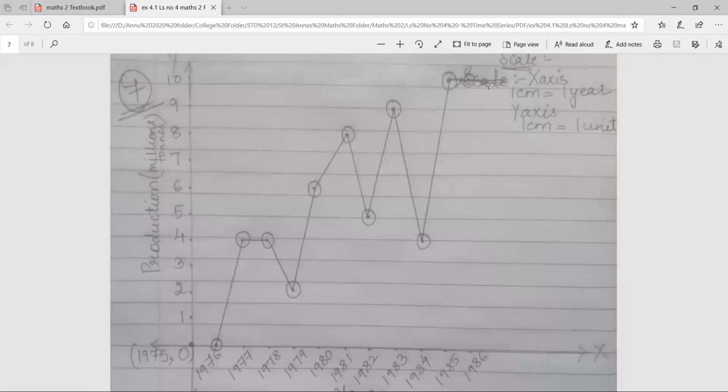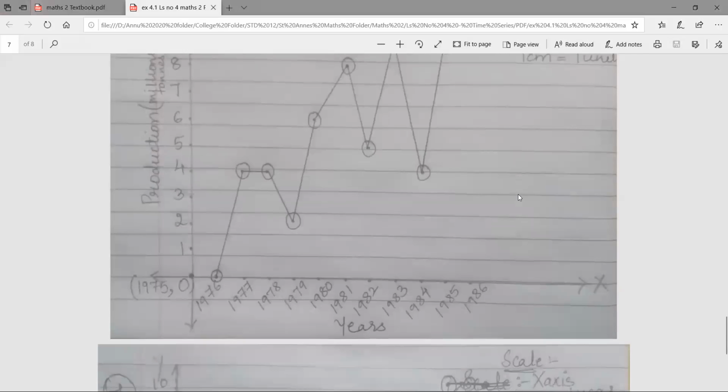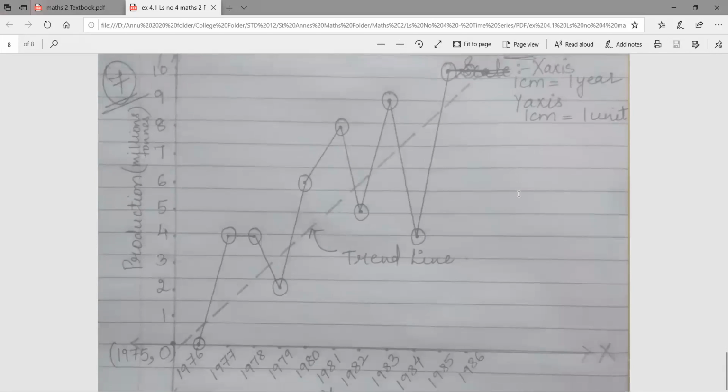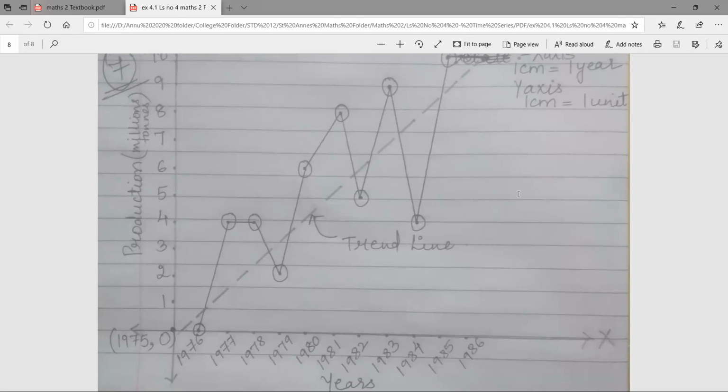Then you have to use judgment and estimate. The line should start from above this point and should reach below this point, but with proper judgment so that some points are above and some points below. So this can be your trend line. This can be your approximation. And then after drawing, you can name it. So let's have a look at how I got the line. As you saw, it was almost the same as I showed you above. So with the help of the scale, I've put dotted lines like this, which pass through some points above and some points below. And then after drawing those lines, you give it the name trend line.